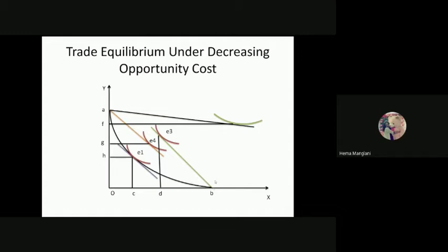Still we have similar price lines over there. Okay. Same price lines we are offering. So same price lines, it means a relatively steeper price line. So here the country would produce only the X commodity, which is OB now, and they will drop this commodity Y in the production, and this is now zero. Now, going on this particular situation, what happens? This country would now be on a higher indifference curve.